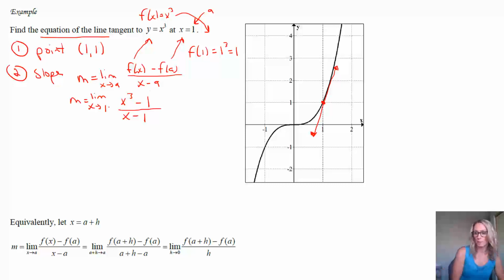But we've done some limit work, I'm sure you recall, and what we have found with our limit work is that if we were to just plug in 1, which is what we should always do first when we take a limit, we would get this idea of 0 over 0. So by plugging it in, we get 0 over 0. That's a problem. Okay? That's not a slope because it's not a real number.